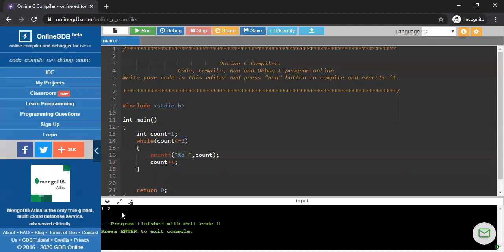But the more you practice this, the more idea you will have about which output can come against which statement. That means what is the working principle if we write this statement in my code, whatever the statement is. It may be while, it may be for, it may be do while, whatever it is. If I write this in my program, actually what is the output for that? So for that particular case, you have to remember and know the meaning of each and every word of your program.